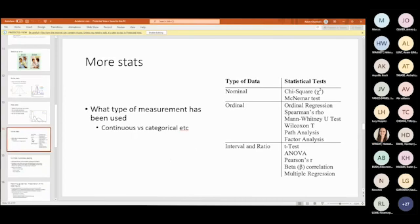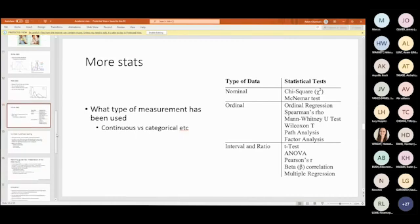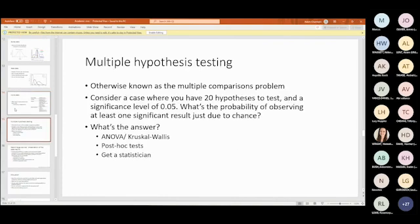So again, do a bit of reading. There's loads of resources online about this, and you don't need to have high-level statistical knowledge. You just need to understand basic tests and have a basic understanding about different types of data distribution and what measurements. So I think the final bit to say on statistics is regarding multiple hypothesis testing, and again, this is really